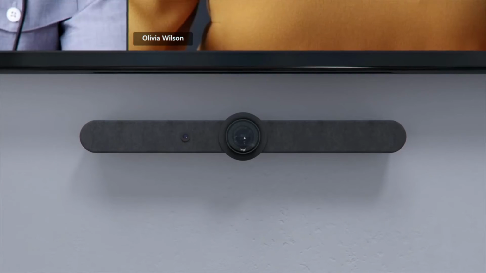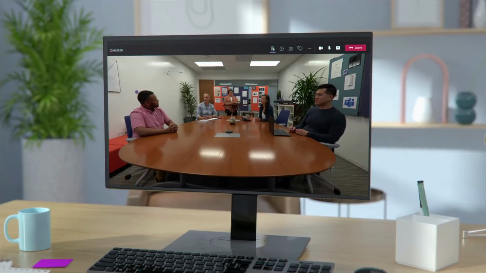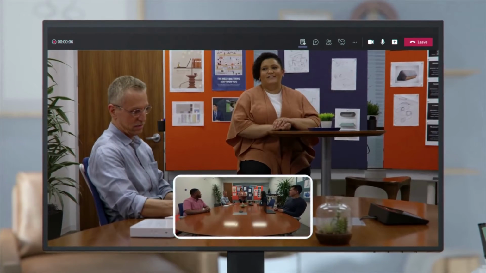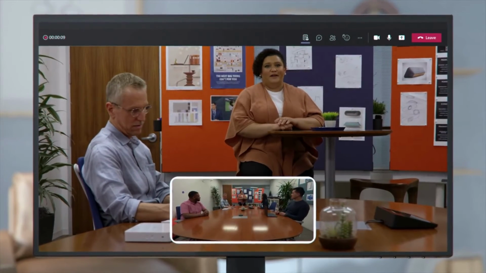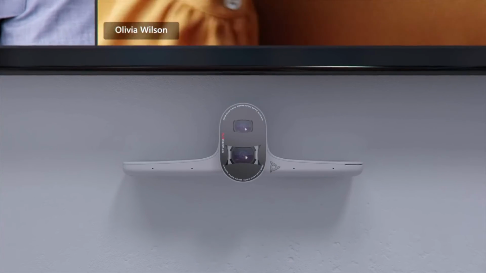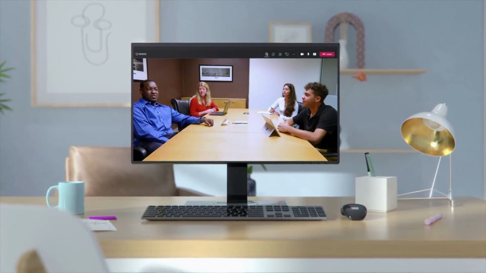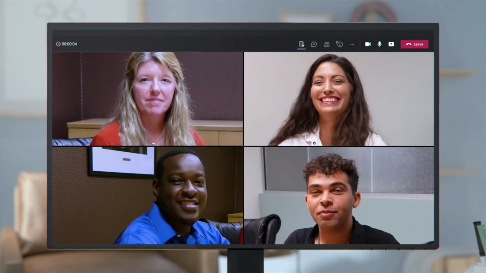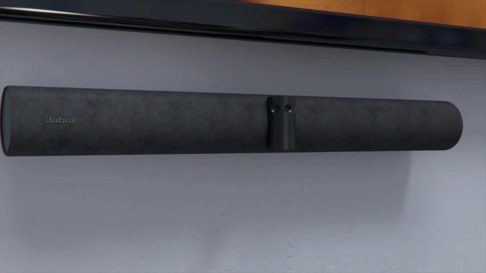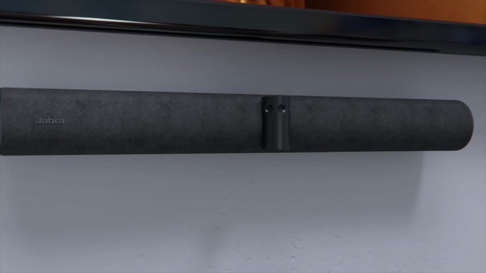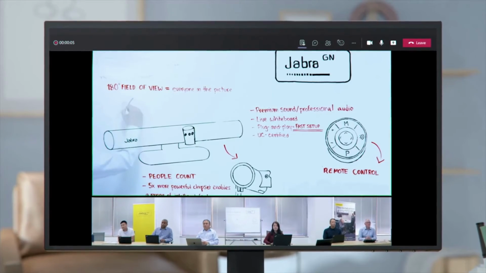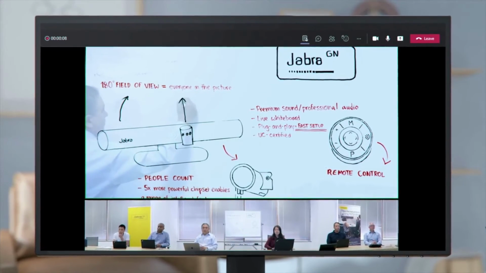Right Sight 2 for Logitech Rally Bar and Rally Bar Mini uses 2 cameras and active speaker tracking to automatically zoom in on the person talking, while providing a second panoramic picture of the meeting room, so you can continue to see everyone together. The new Poly Studio E70 is an intelligent camera that also detects who's actively speaking and zooms in for a closer view. Transitions are seamless, and a future segmented view will display multiple people in their own individual frames. Jabra Panacast 50 provides an immersive 180-degree view of the room, so everyone can be seen, and also uses Teams' intelligent capture feature to capture the in-room whiteboard so remote participants can view it clearly.